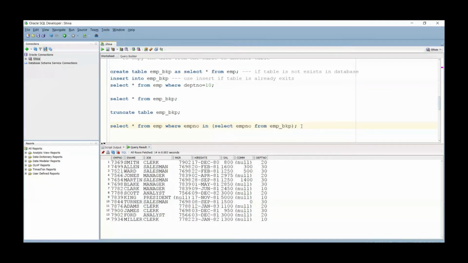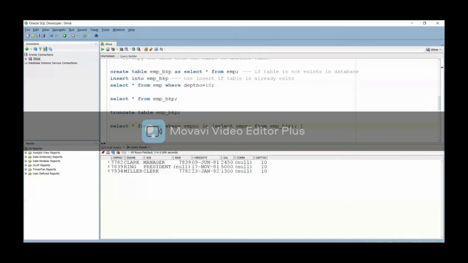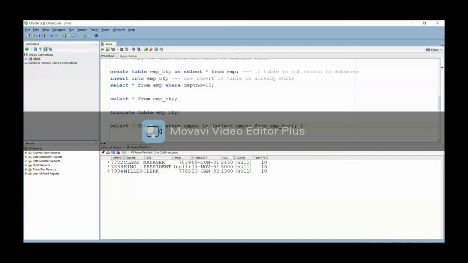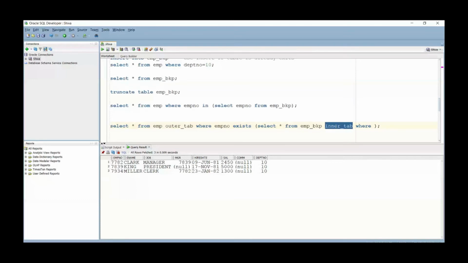In a similar way, I am going to retrieve the results with the EXISTS operator. I am going to use the outer table and the inner table, and I provided alias names for these.